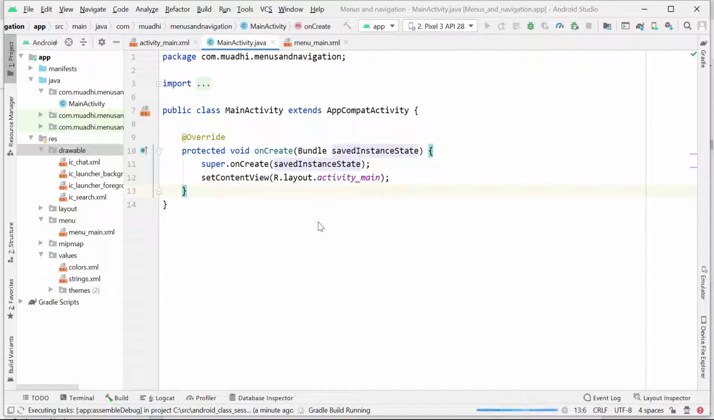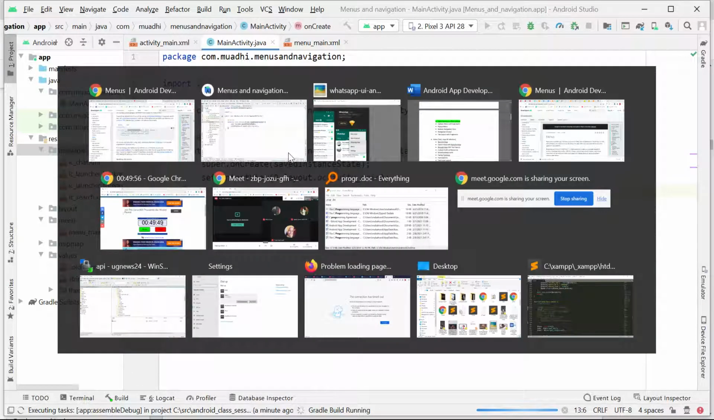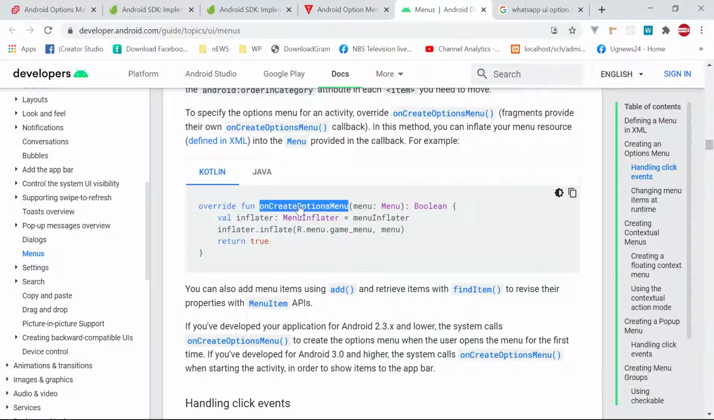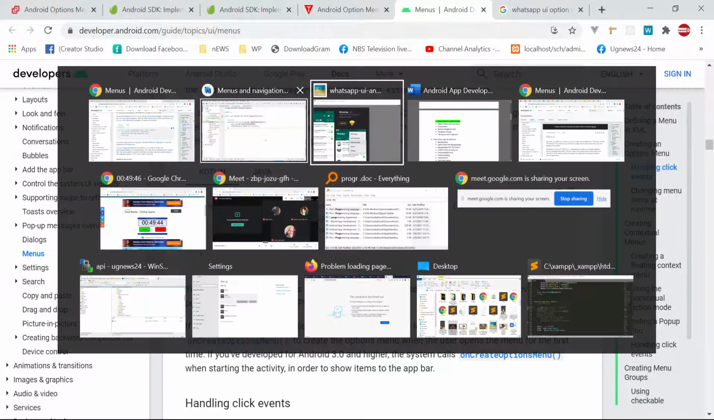So I'll come and override this method, onCreateOptionsMenu. You have to override this method. To override it, you simply come here and add